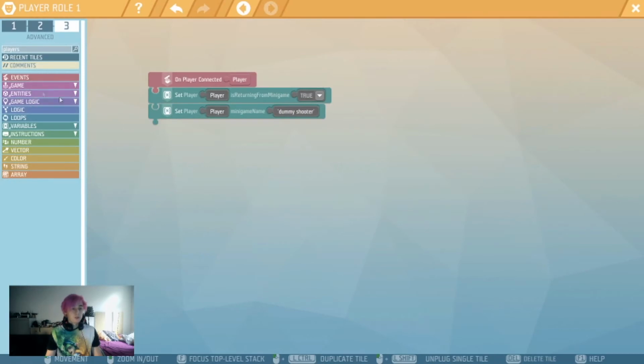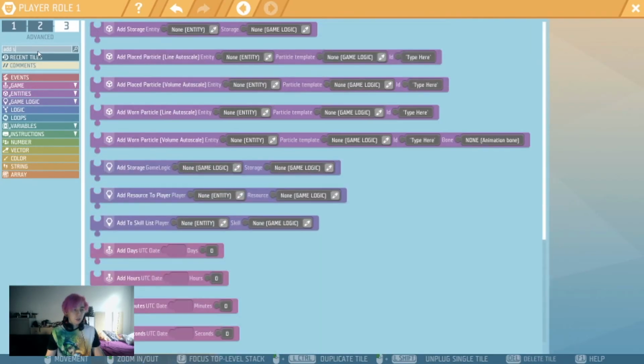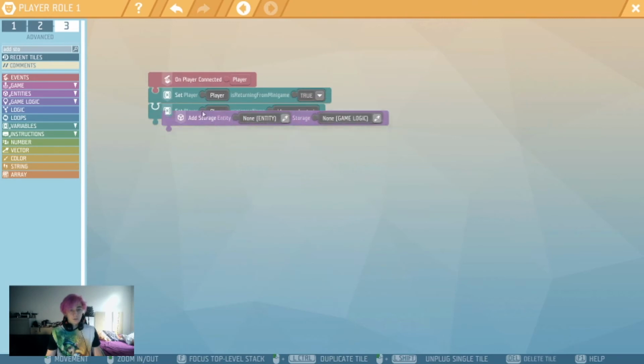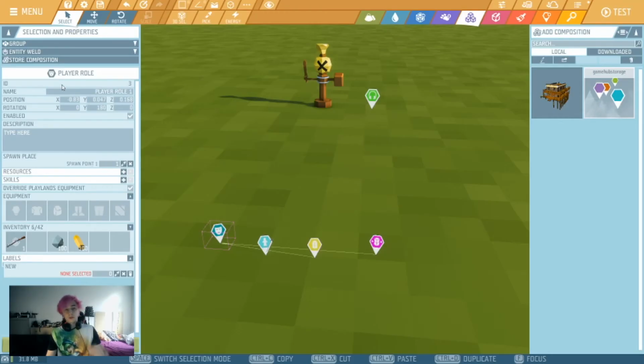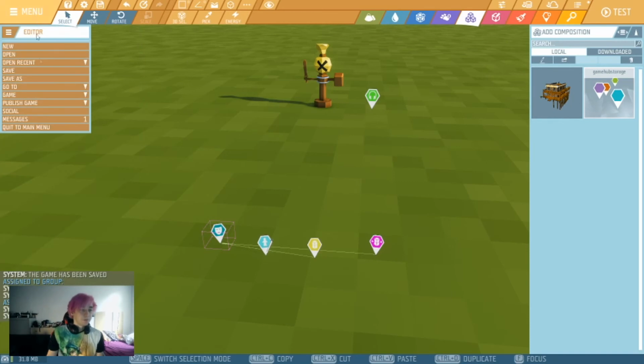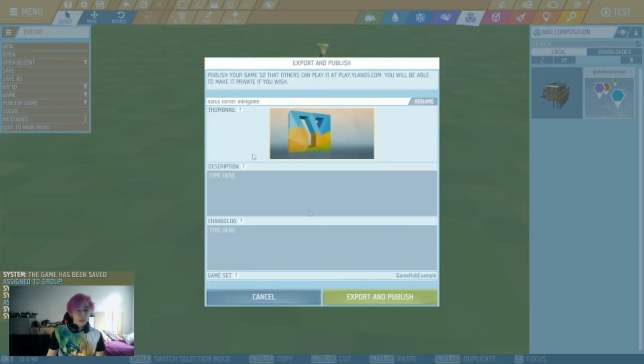You of course have on player connected to add the storage. Player and storage, because otherwise we would be shooting for nothing, right? Okay, save this, and we are going to update the games. So publish game, export and publish. We are going to need,